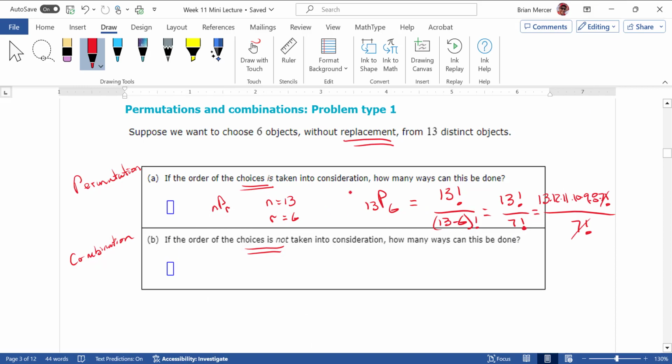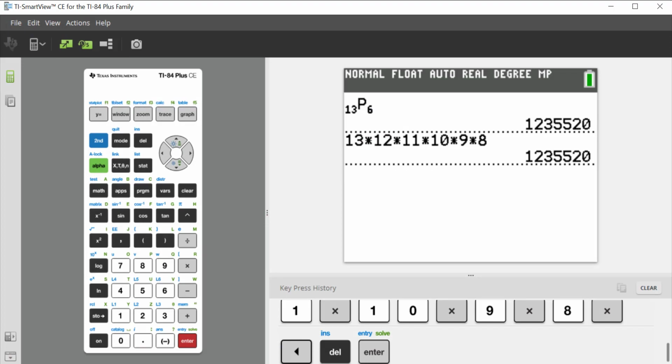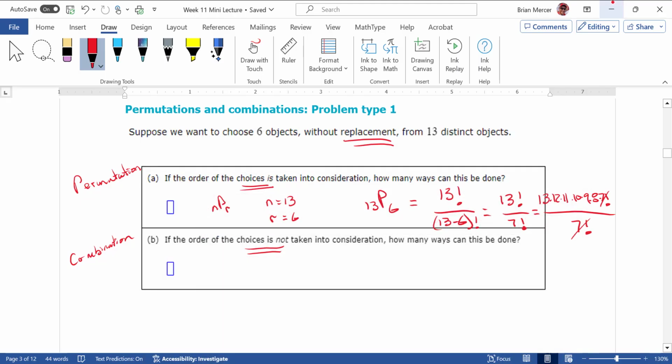So that first one, how many ways can this be done? The answer is 1,235,520. So I'm going to write that down here. Back up, put a comma, put a comma. So 1.2 million different permutations. That's how many different ways you could select 6 objects from 13 distinct objects. So the other one,